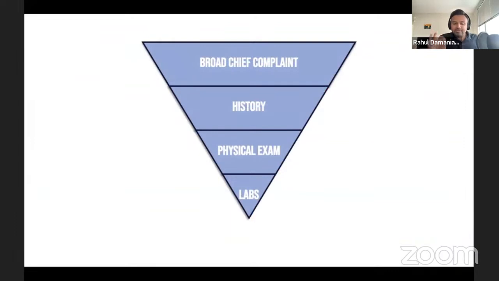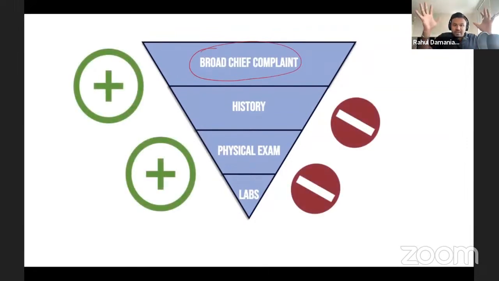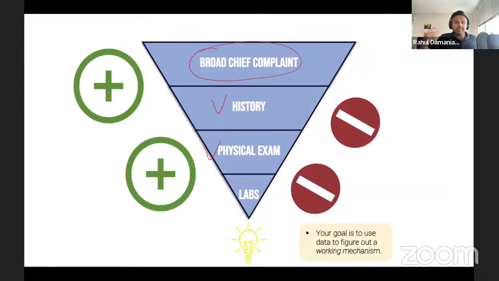I think when it comes to USMLE questions, UWorld questions, etc., it's important to recognize this framework. And that is that NBME and UWorld questions are going to start with the broad chief complaint. And it is your goal to kind of narrow down sentence by sentence in the history, which is the first part of the vignette, and the physical exam and labs, which are the second part of the vignette, to really isolate the pertinent positives and pertinent negatives so that you can get to a working mechanism or even a working diagnosis. And I'm actually very passionate about teaching this approach, and we're going to go through that step by step